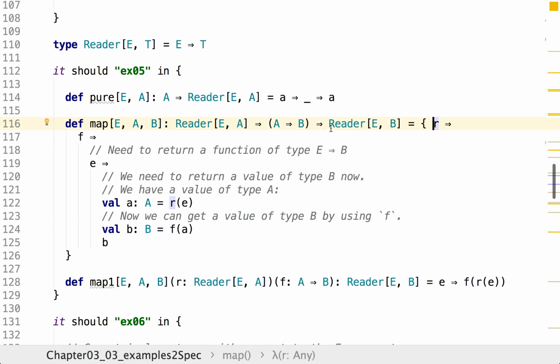What is that function? That function takes A to B. Let's call this F of type A to B. So IntelliJ knows. And it returns reader EB. Now what is a reader EB? It's a function that takes E and returns B. Right? So let's take E and we need to return some B